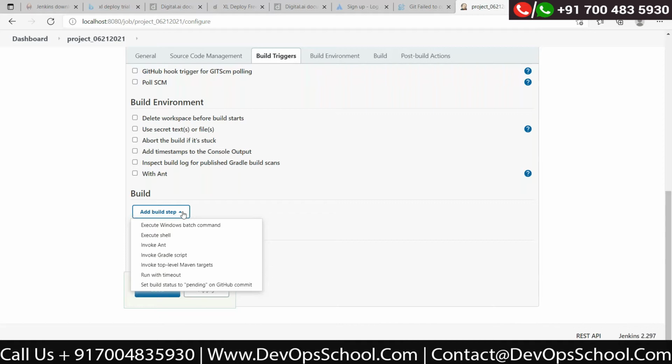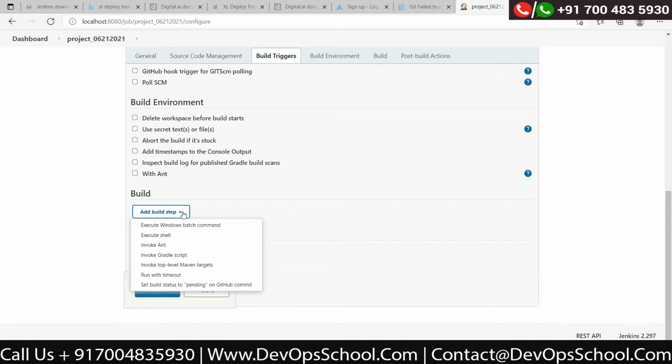Generally in real time scenarios, we don't go with these things. This is the way if somebody doesn't want to use Git and wants an on-premise build; Jenkins supports that. But in real time, we generally check in to Git, and even if the local code is there, we can check in to Git because companies have the option of a private Git repository, so nobody outside can access it. So we generally go with Git. Does it answer your question? Yeah, it did. Okay, good.